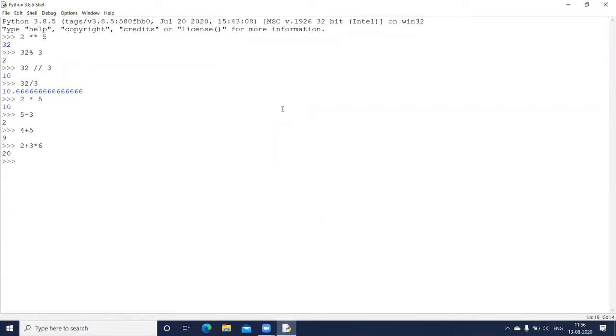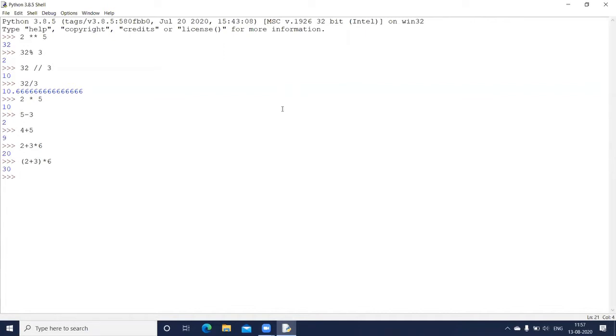But now if I put 2 plus 3 inside the round brackets and then multiply this by 6, the answer will be different. Here you see you get 30, because 2 plus 3 got executed first. So 5 multiplied by 6 gave me 30.